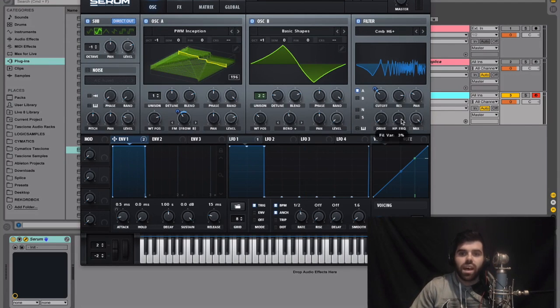All right, and then we're going to take this high pass frequency, and we are going to drag it up to around here. And you can see as I'm dragging it up really high, the comb filter will not affect the lower frequencies. So if you want to drag it all the way up, it's only going to affect the really high frequencies, but we're going to drag it up to around right here.